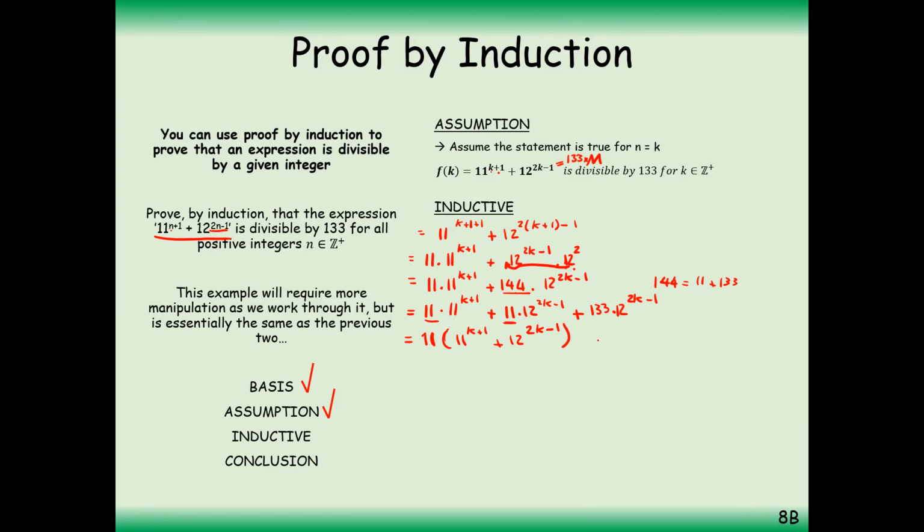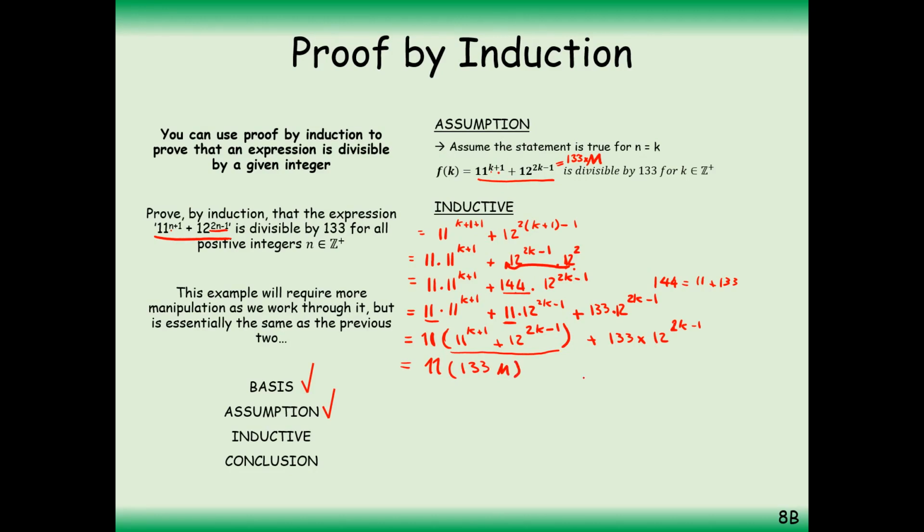And this extra factor of 133, luckily, in front of 12 raised to the power of 2k minus 1. Now we can say that by assumption, this bracket in the hypothesis, in the assumption step, these underlined lines are exactly the same. So that was already a multiple of